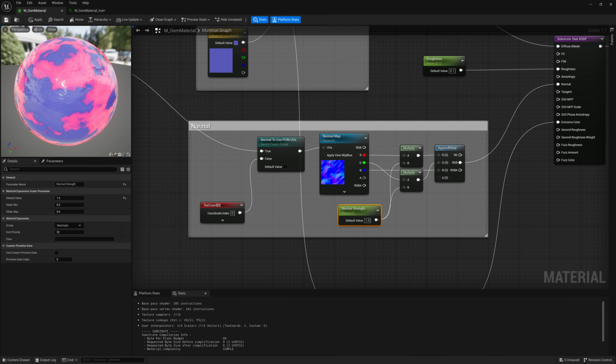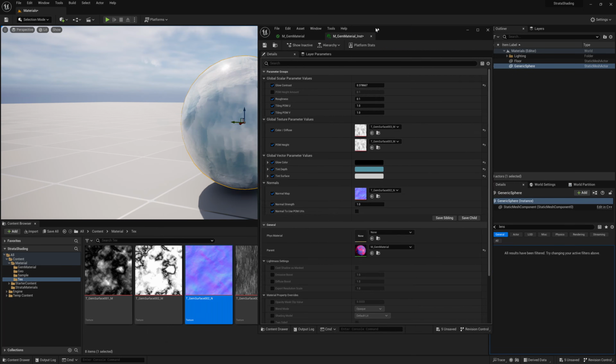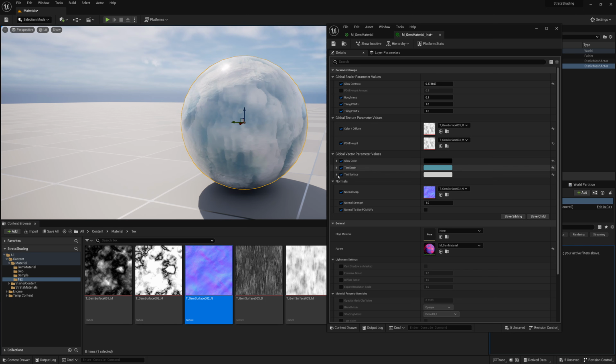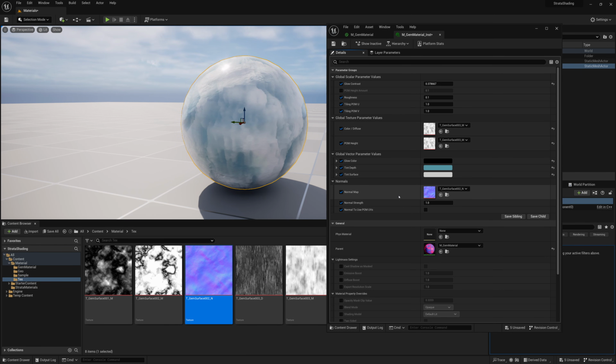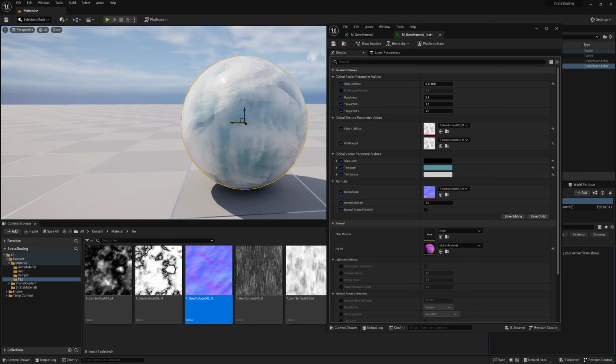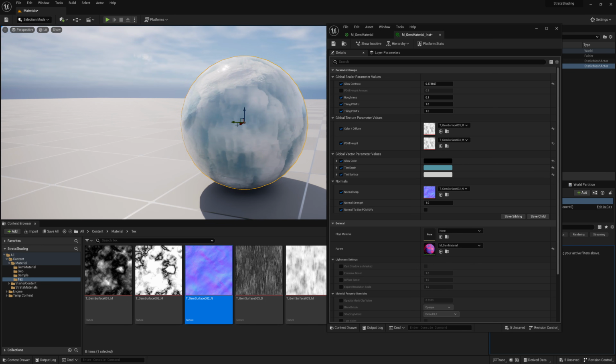So if I save this, I go back to my instance material now, we have a section called normals with all my normal controls. Makes it much easier to collapse and expand menus when they're labeled correctly and kind of grouped. So you probably want to do that for a lot of your controls, and that'll take a little bit of time. So you can start to kind of go through this, start to make more interesting materials, and create something like this as a starting point, and then from there, see what you need, and then add more and